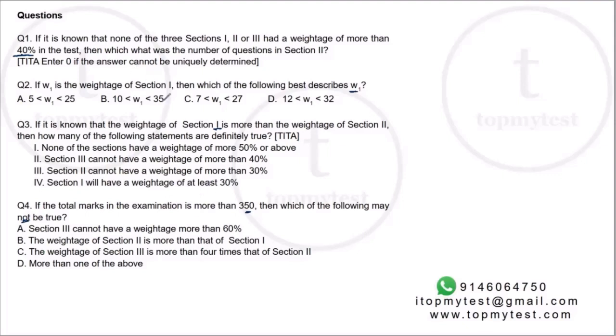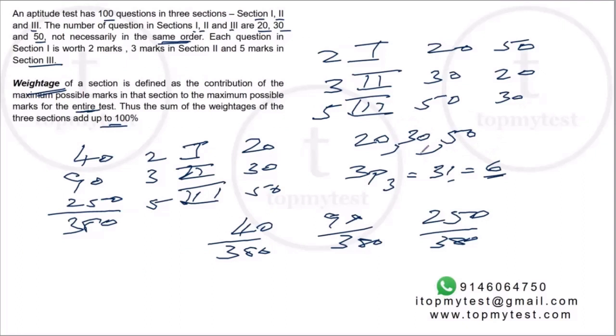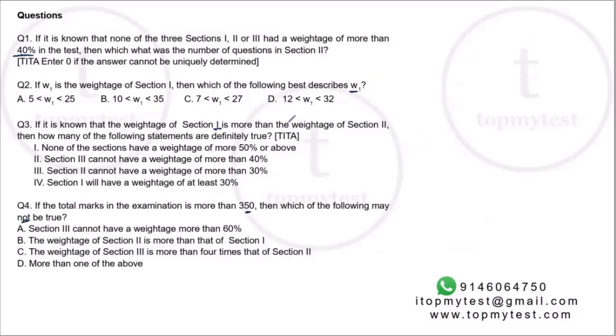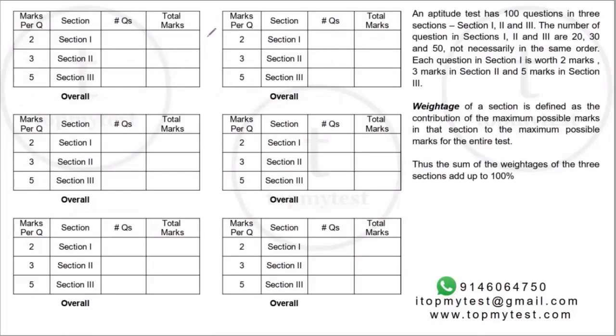So we'll have to look at all possible scenarios, all the 6 scenarios that we talked about over here. Now, it is not very difficult to calculate, but if you calculate this in one shot, maybe about 2 to 3 minutes, you will be able to figure out all these questions very quickly. So let's spend some time and write down the weightages.